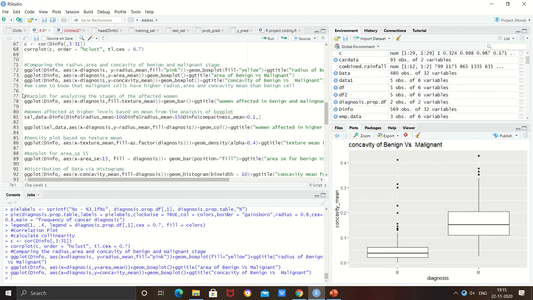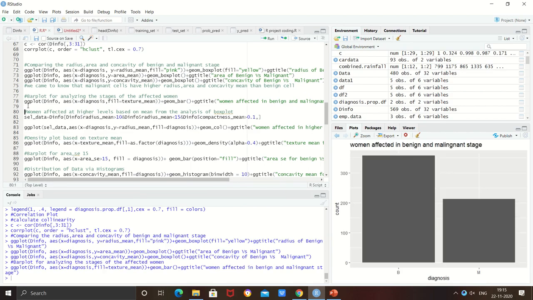Now moving towards the next part, that is bar plot for analyzing the stages of affected women. So here you can see that malignant is affected near 200 and benign is affected above 300.